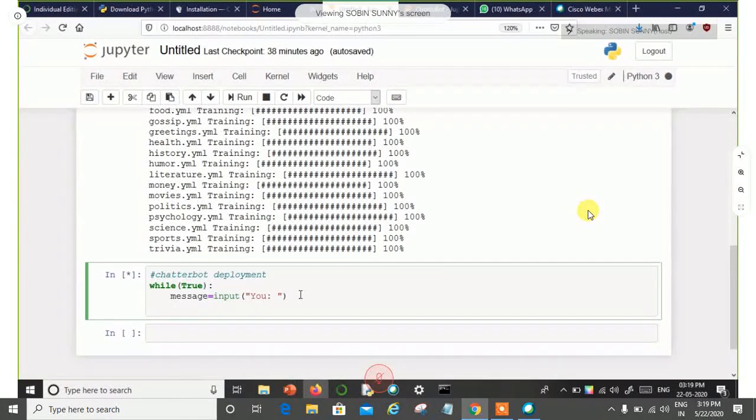So what shall we do? If the message given by the user is equal to, you know what is equal to and you know what is double equal to. Equal to is for assigning, whereas double equal to is for comparing. So here we are trying to compare if the message is equal to capital letters BYE. Or sometimes I might talk in normal small letters, bye. That's also possible, right? So whatever the message, don't forget to close this one.